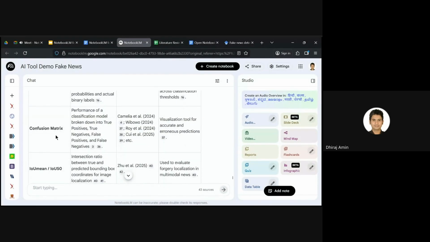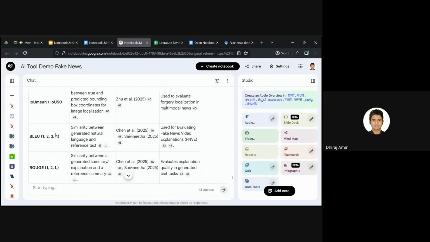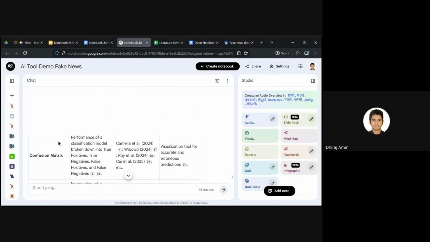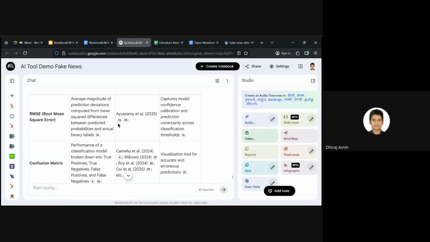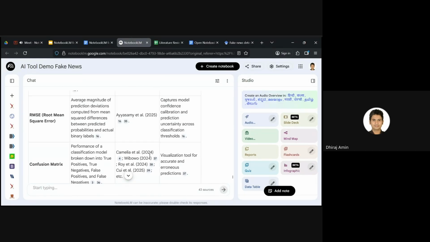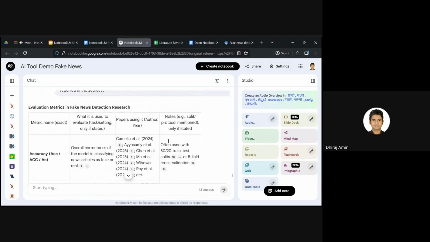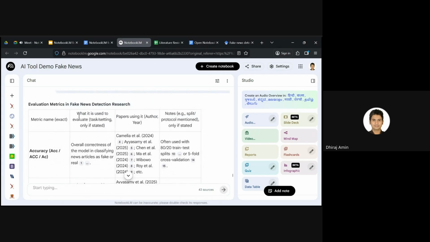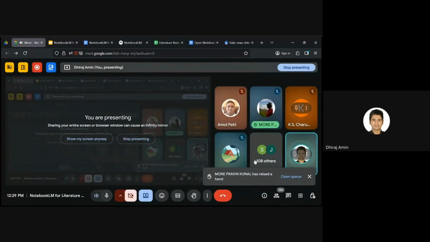then confusion matrix. These are very much common terms for our computer IT people. Okay. And you can see which papers have used these metrics and why, what it is used to evaluate. Okay. Yes, anyone from, yes, Praveen, Kunal,